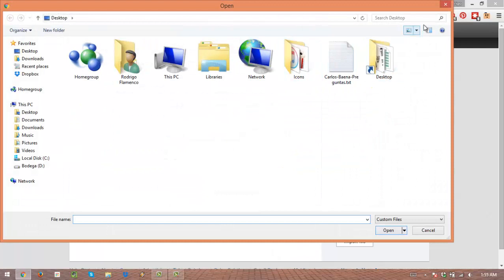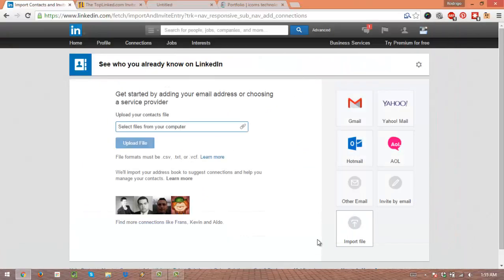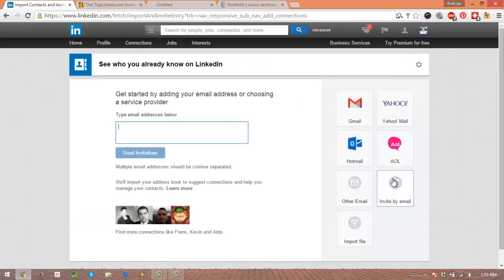Now I have found that for some reason this import file sometimes works, sometimes it doesn't. So if it doesn't allow you to import the files, just click invite by email, copy all the emails from the list, paste them here, and send invitations. Obviously it's going to send all the invitations to all the people there,